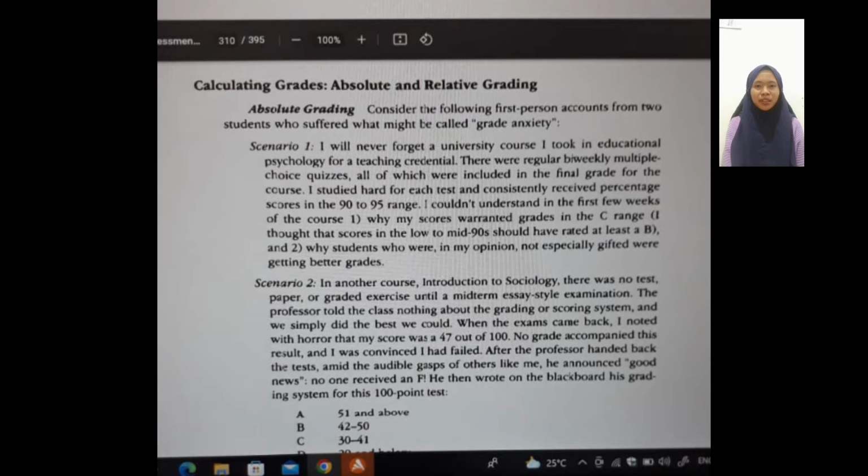Okay, thank you. I think what you have learned from this chapter is really good, and this is really important for us as teachers in the future. And then what I have learned from this chapter is, for the first,